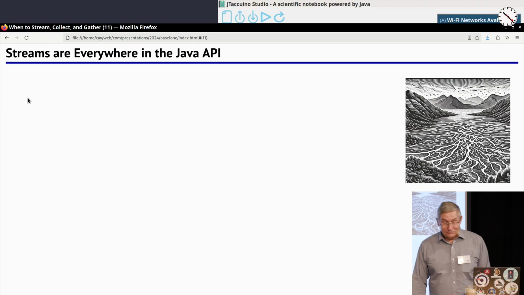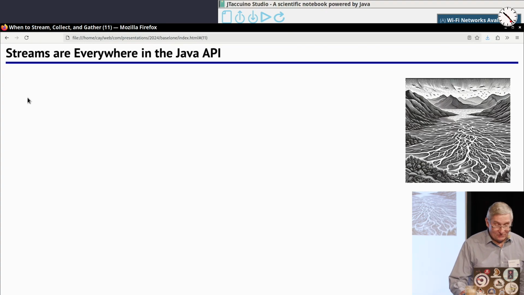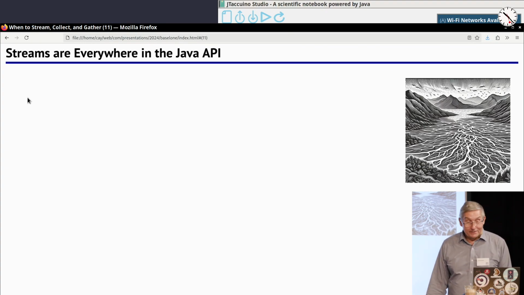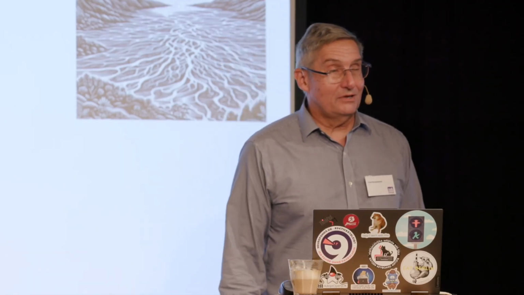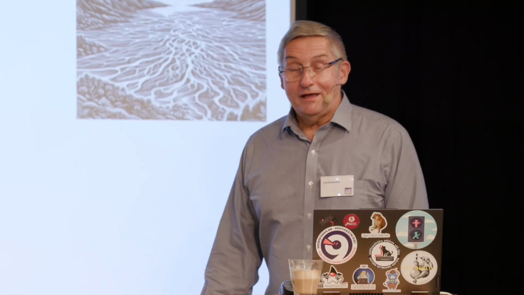So another thing that surprises me a little bit every time that I see a new version of Java. And I get to see a lot of new versions of Java because that's what I do. A lot of times it used to be that when an API gave you a result, you got the result as an array. Why as an array? Because 20 years ago, the API designer said the array is the only fundamental structure. A list is something made by man, and maybe you don't like lists, and so we give it to you as an array. But of course, giving something as an array has a big cost.